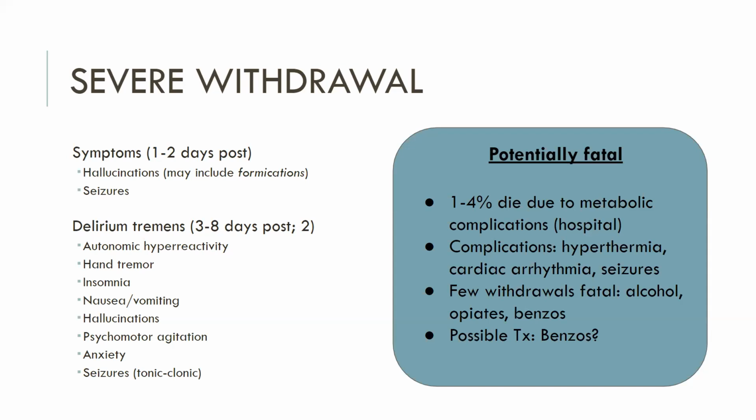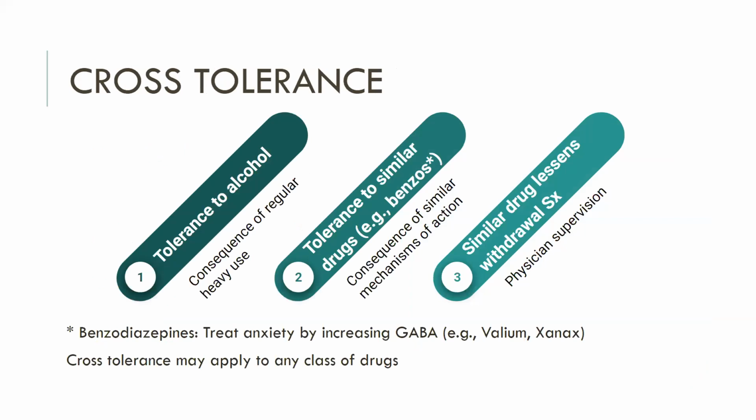Interestingly enough, if you do go to a hospital to have withdrawal supervised by a physician, one of the possible treatments that a patient might receive is smaller doses of benzodiazepines, which is kind of interesting given that I just revealed that benzodiazepines also have a potentially fatal withdrawal. So why is that? Ultimately, it has to do with something called cross tolerance, which is basically a fancy way of saying that a person who uses a substance